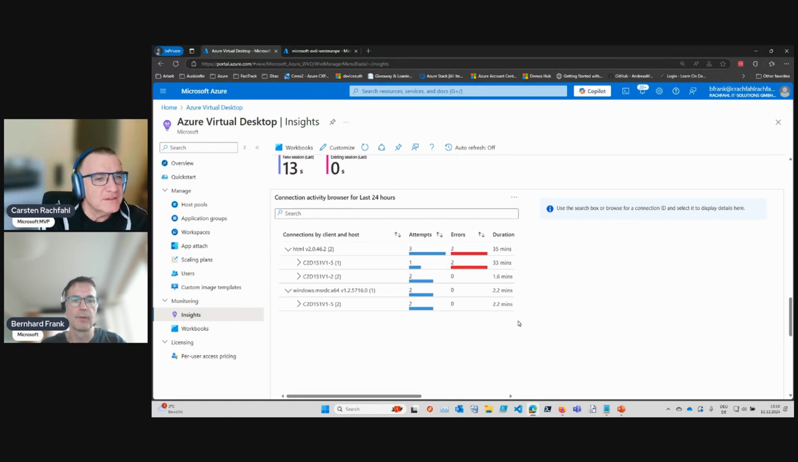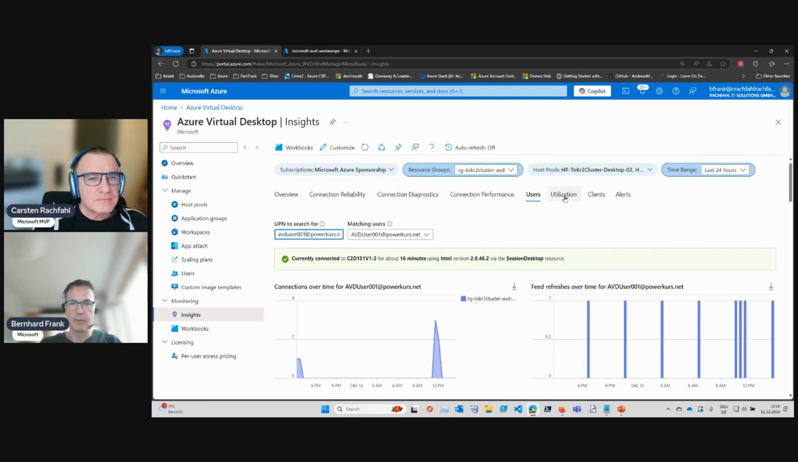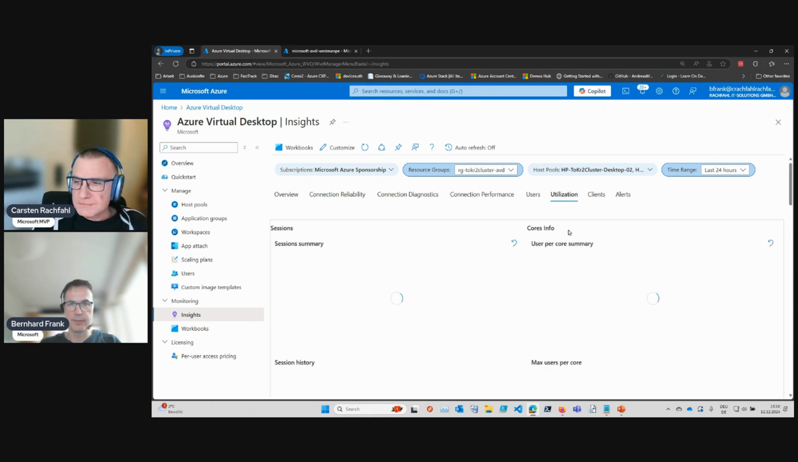There, you see the C2, D1. That's our machines. He connected to different ones. What else do we get? I mean, the utilization I think is also interesting,